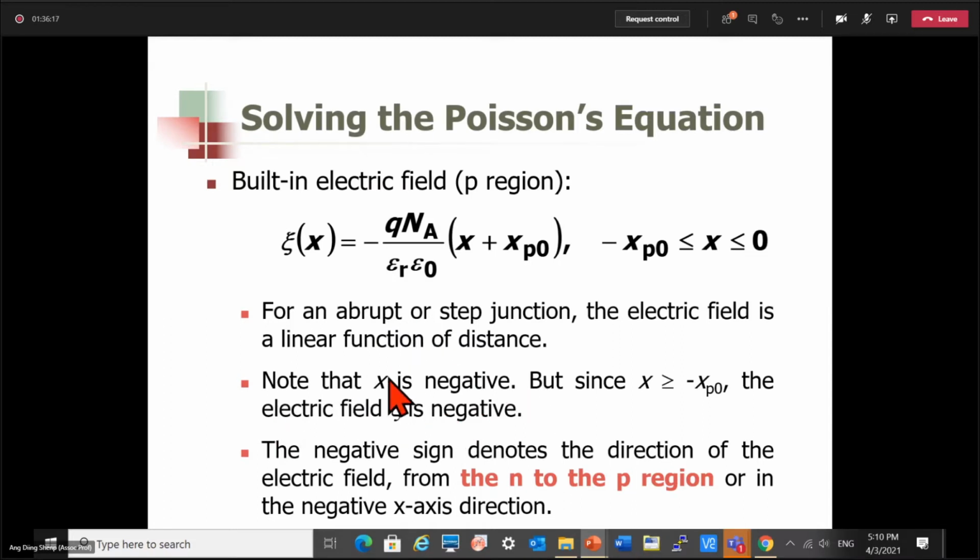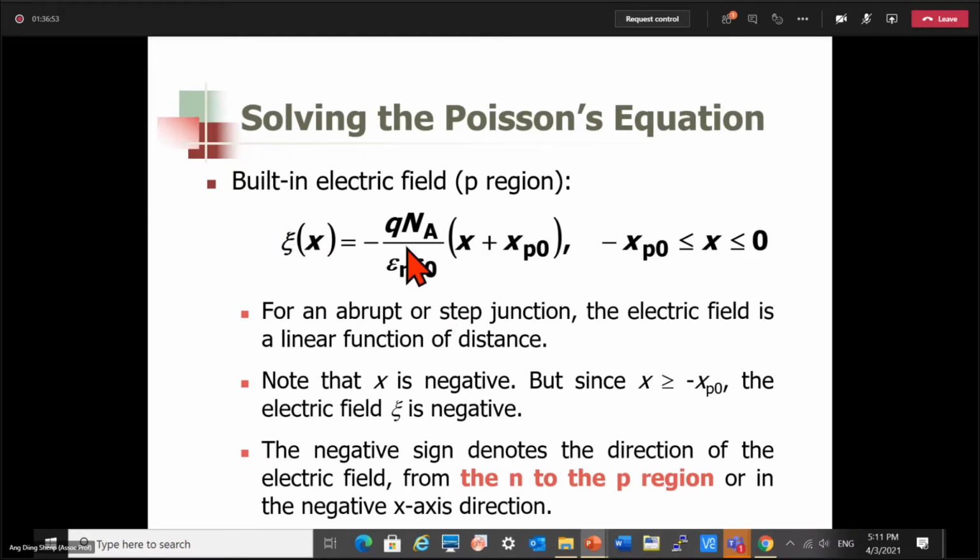Okay, now note that x is negative based on the way we define the x-axis and the origin. So the origin is actually at the metallurgical junction. So positive x actually points towards the n side, and negative x points towards the p side. Okay, all right. Now, since x between 0 and xp naught is always bigger than minus xp naught,